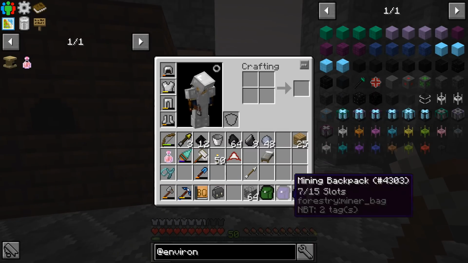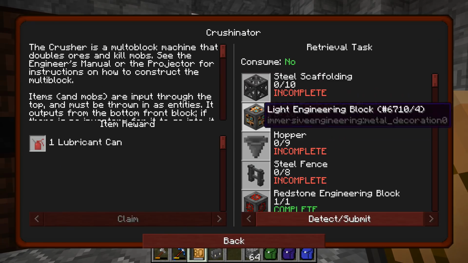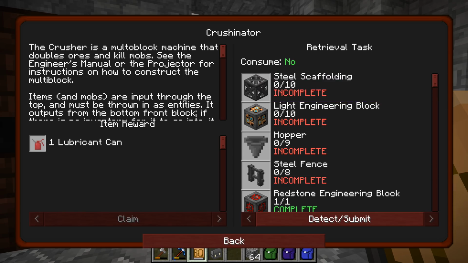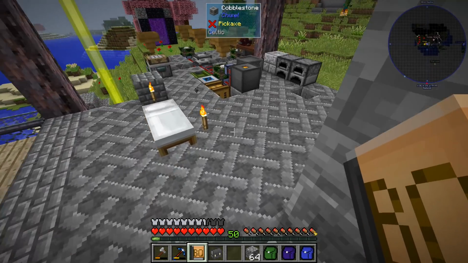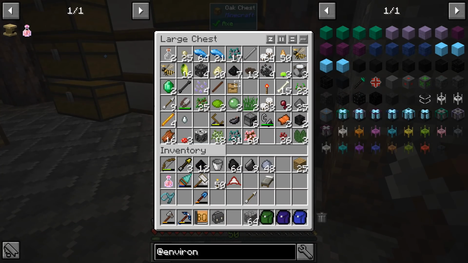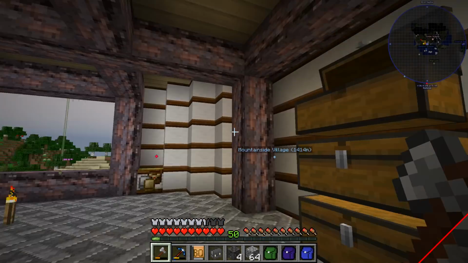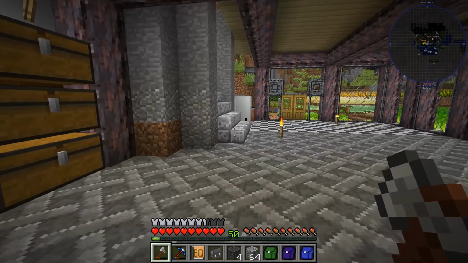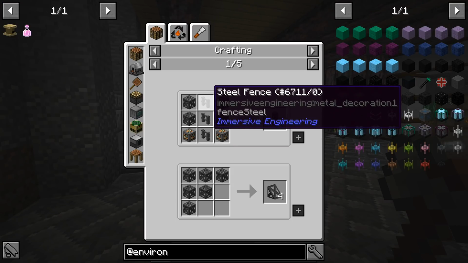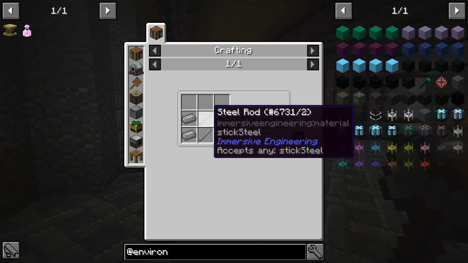So I think because everything else went kind of wrong here, we're going to look at this. 9 hoppers, 8 steel fences, 10 steel scaffoldings, and a bunch of other stuff. So we already had a bunch of those. So I'm going to try to find them. Okay, I had 24 iron ingots just laying around in here. Good times. Alright, the steel fences are...